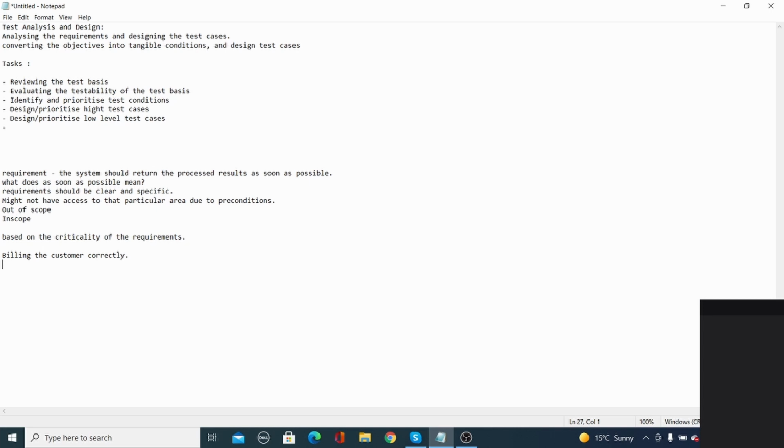Now what happened? You have the test cases ready. Can you execute these test cases? No. When you need to execute the test cases, you need to have test data. You want to test a calculator, but what do you want to test in a calculator? Addition, multiplication, subtraction, or division? When you decide you want to test it at high level, then you need to go to low level. What are the test data?